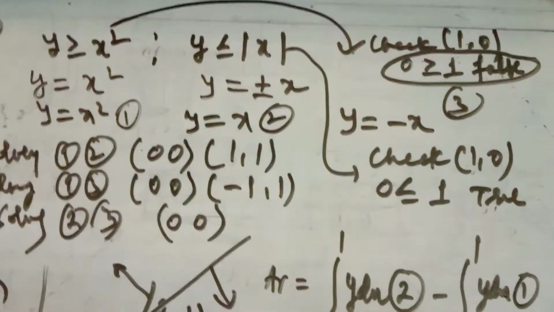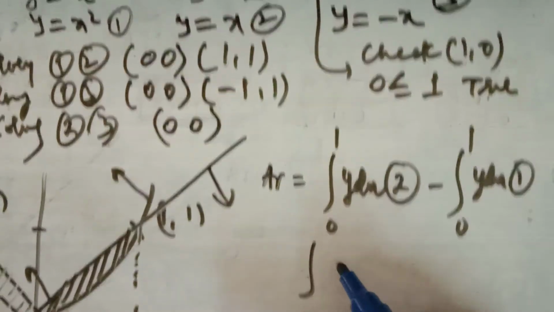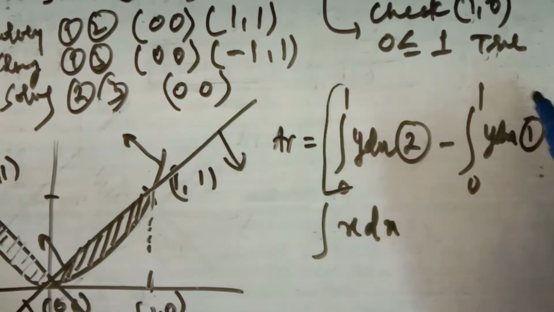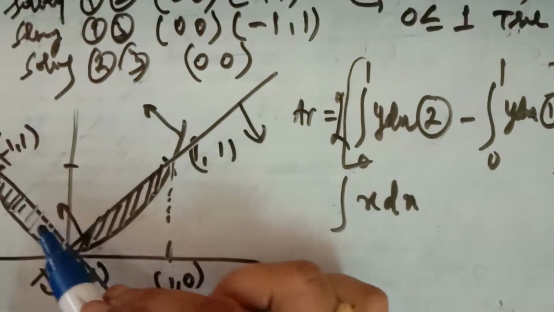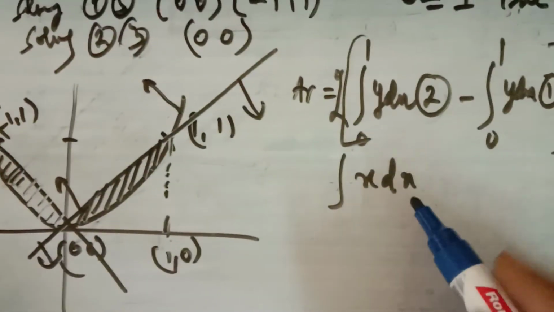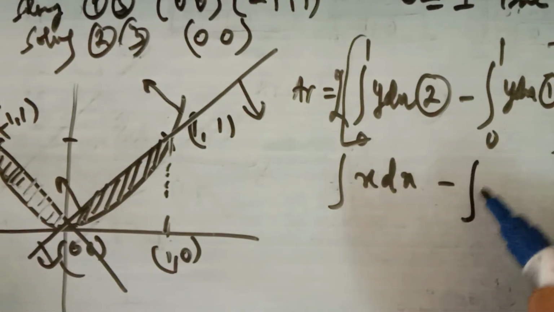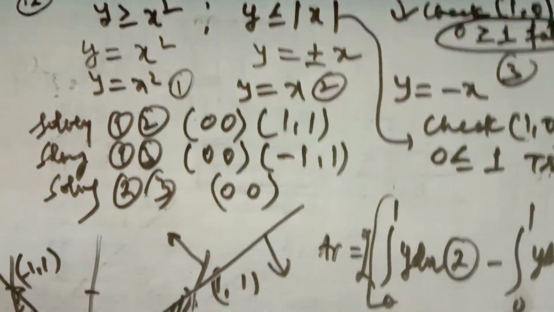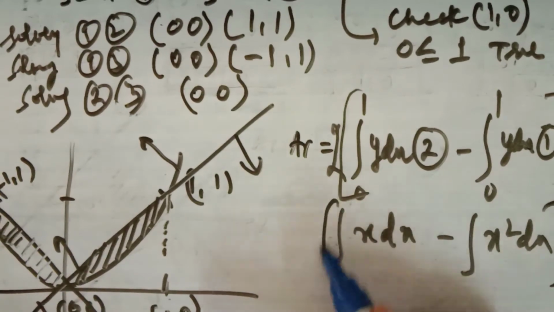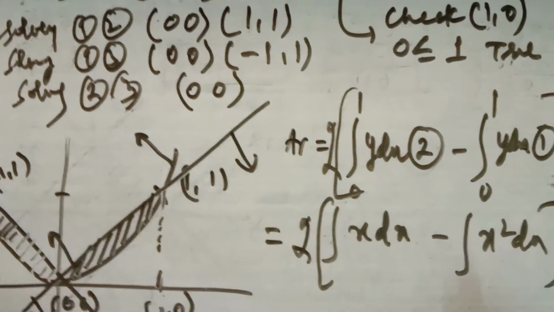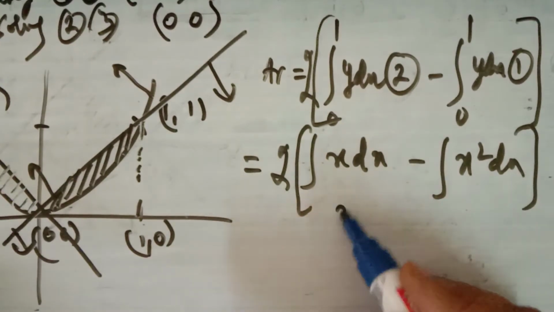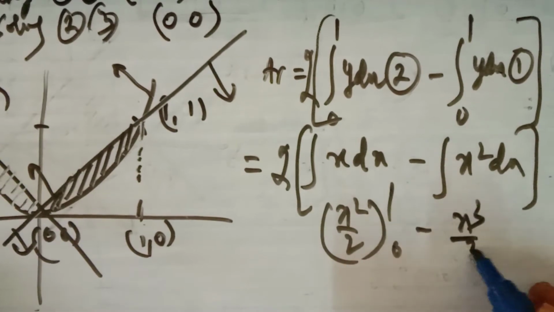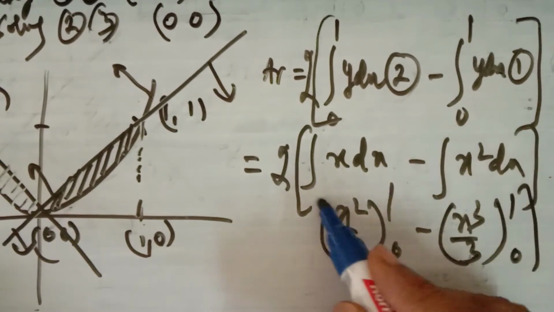This is the parabola. So y of the second is y is equal to x, so you have to integrate x, and you have to multiply by 2 also, because the same area is on the left hand side. So x you have to integrate here, and x square you have to integrate here. Y of this parabola is x square, and y of this one is x, and multiply by 2. So like this you can find the area, integrating it 0 to 1, x cube upon 3, 0 to 1, and multiply by 2.